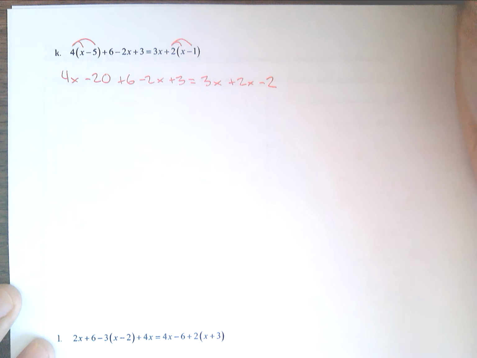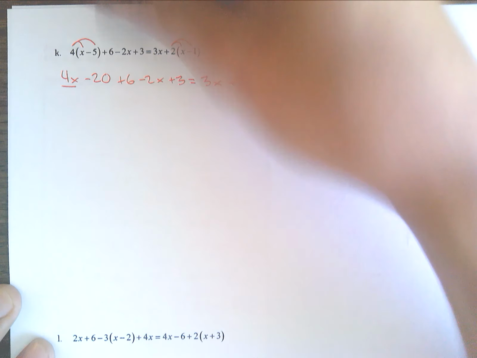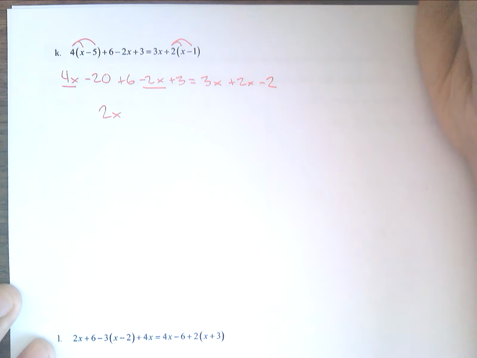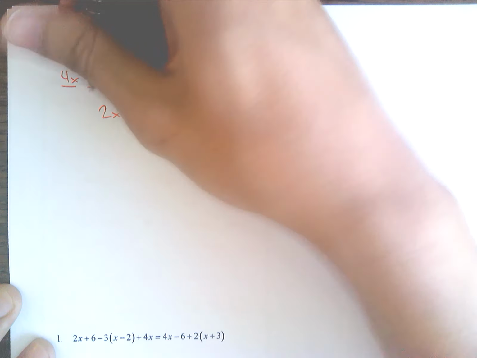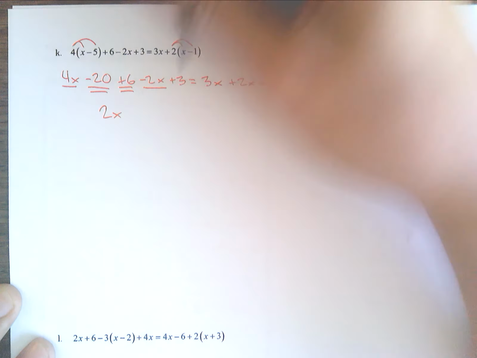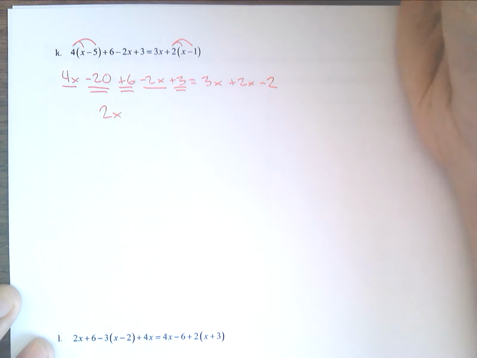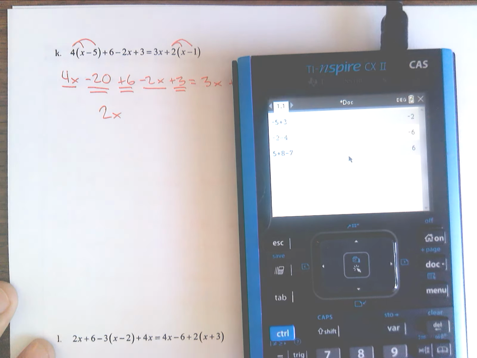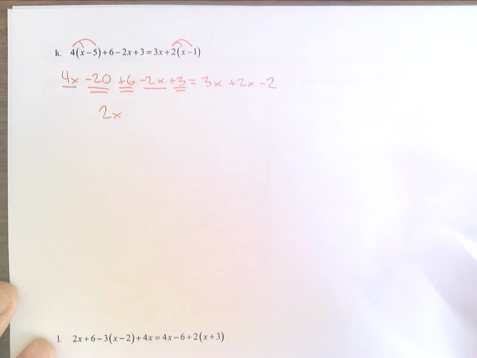Okay, step 2, we combine like terms on each side of the equal sign. So I see over here we have a 4x and a minus 2x. So 4 minus 2 is 2. So we have 2x. And then negative 20, positive 6, and positive 3. So negative 20 plus 6 plus 3. Let's plug that into our calculator. Got negative 20 plus 6 plus 3 gives us negative 11. So we have minus 11